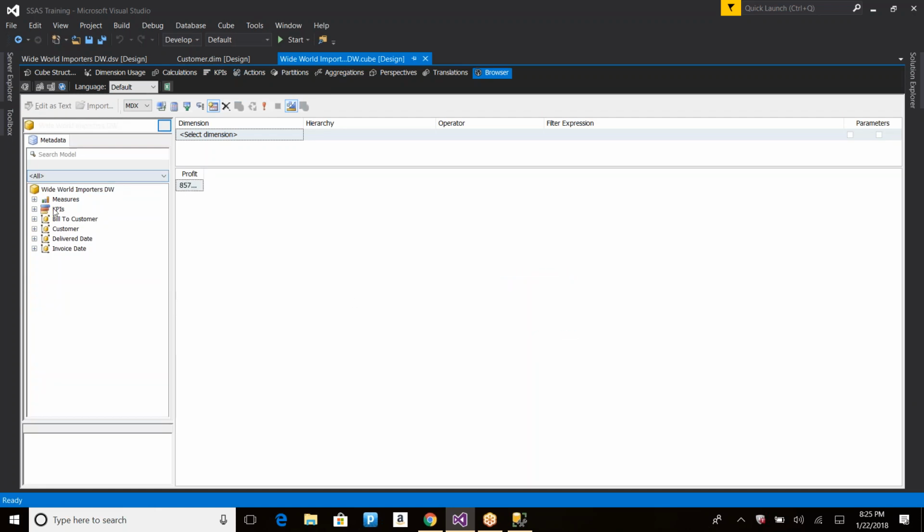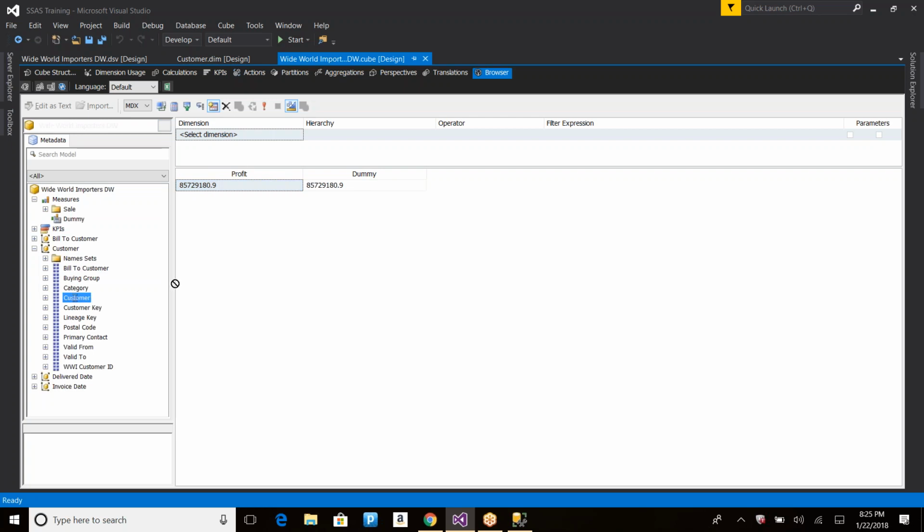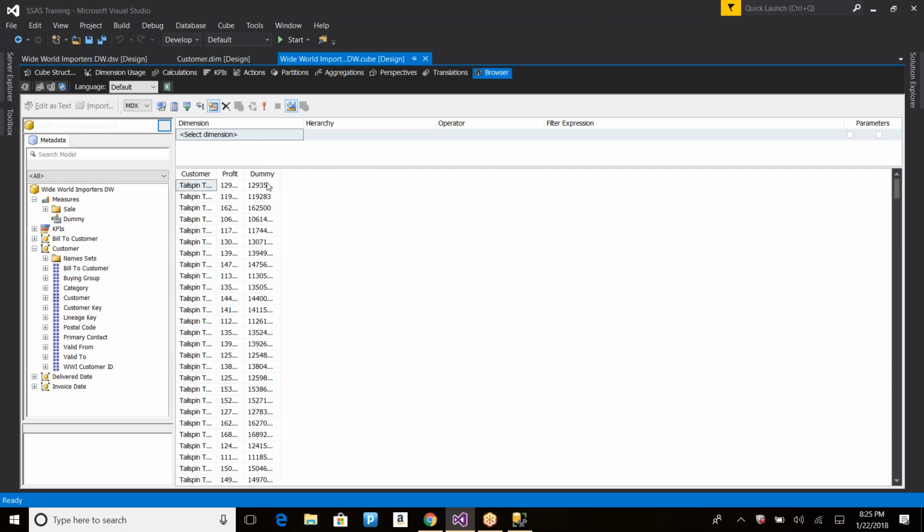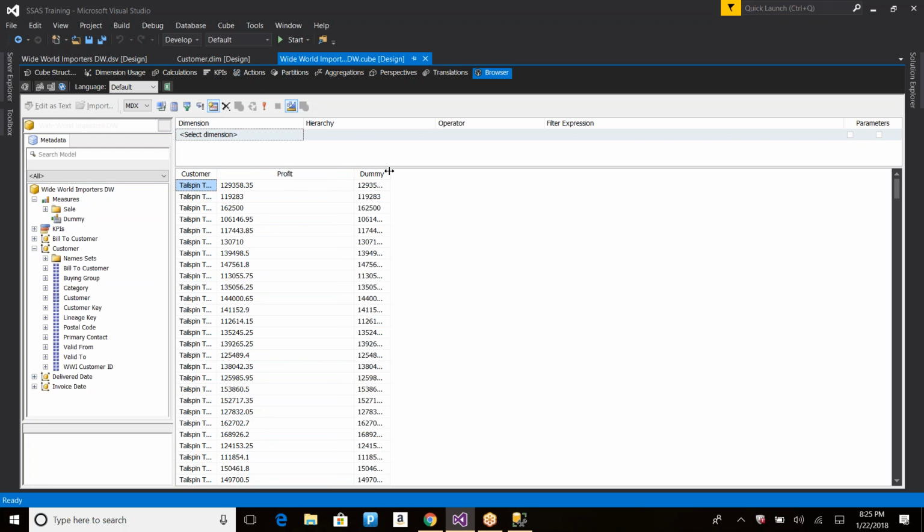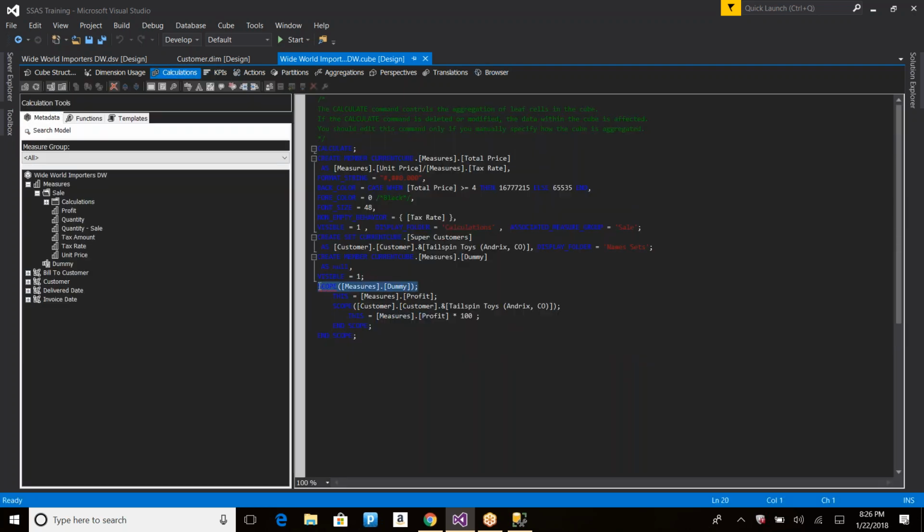Will it show the values, or will it not show the values? So if you see here, the values are showing as is for everything. So wherever the outside dummy is, this shows the profit value, but it will be overridden